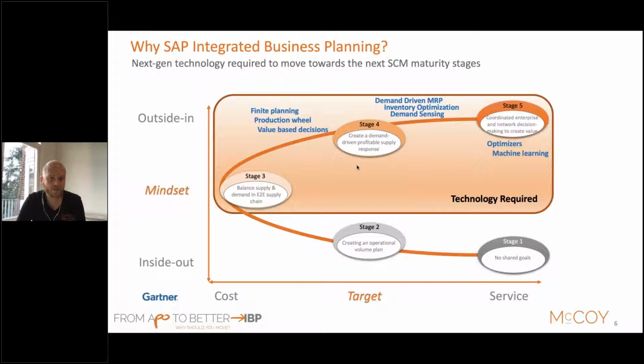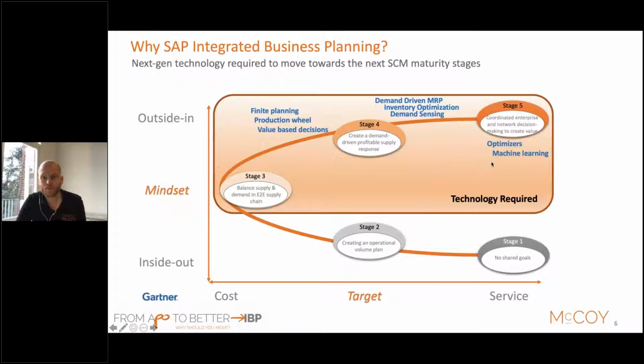This is usually the stage where the predecessor, APO, which we are talking about today, is not 100% fulfilling the requirements. People in this call who are working with APO might recognize that it's not really easy to have good visibility on the value part of your supply chain within this solution. This is already a starting point for the IBP solution, where IBP tries to help combine volume and value and really be more profitable in your decision-making process.